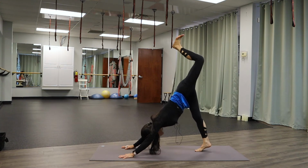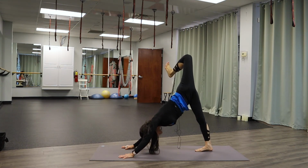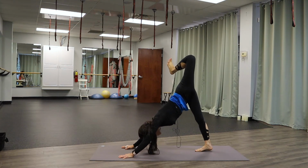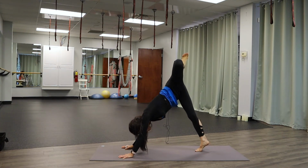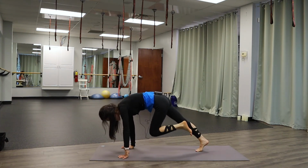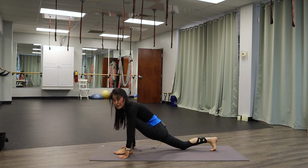Lift your left leg straight up. You don't have to do this part. Bend this knee, and as you do that, you're going to feel an intense stretch on the right hamstrings all the way down to your heels. Love this stretch. I'm going to place my left foot between my hands,